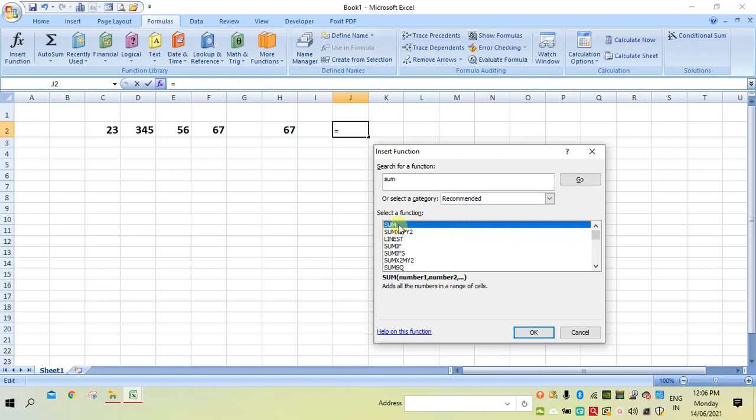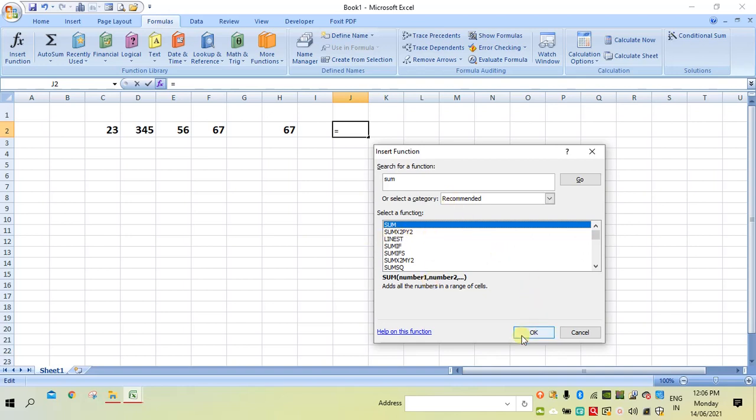Not only that, it will also give you complete information, the complete syntax of that function. Now here it is showing the syntax of the sum function. So even if you are not in a position to remember, by using this insert function, you can easily use any kind of function. So let me use the sum function here.